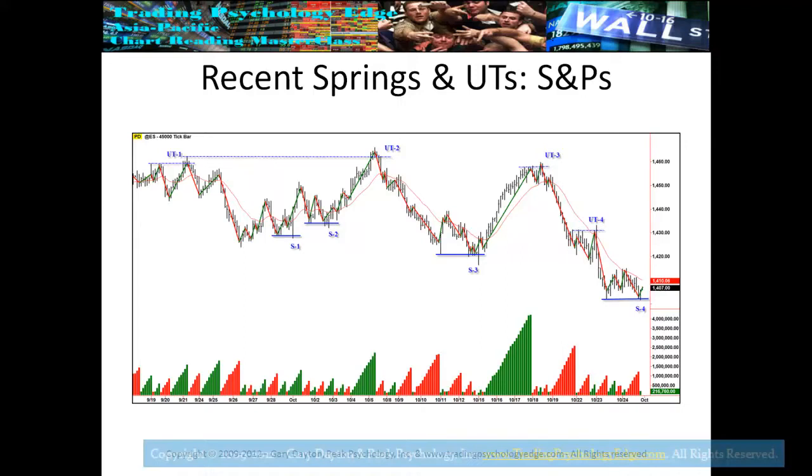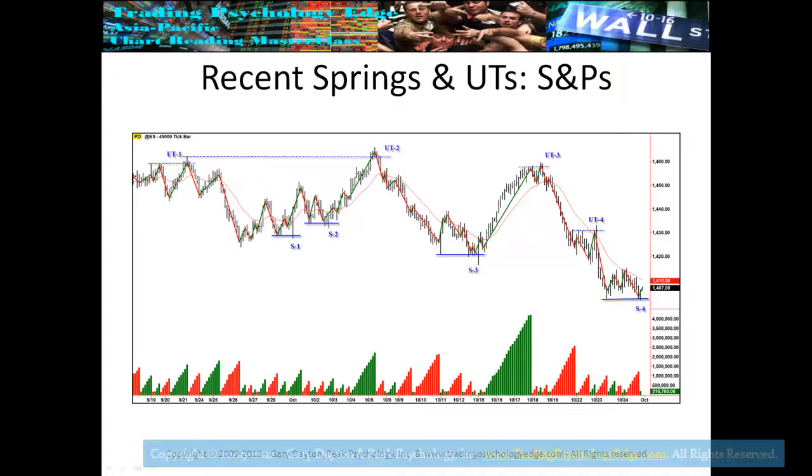So I just went back at the time. This was towards the end of October, and I went from October into roughly a month period here. This is the S&Ps on a little bit of a higher time frame. This is a tick chart, so this is 45,000 ticks, probably about a 45-minute to an hour chart, depending on the day. Okay, so as I said, you can earn a nice living off of doing nothing but springs or